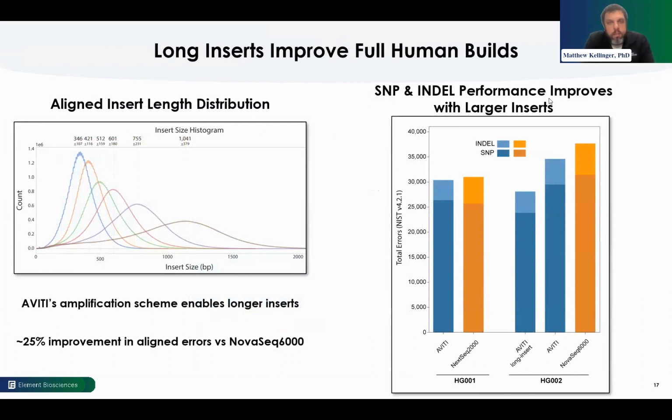I think Sean is going to talk about this in more detail a little bit later on, but another interesting finding on the AVITI platform is we started to study what impact the insert size for the library has on our ability to look at full human builds. The technology that we put into AVITI, specifically how we amplify the DNA on the surface, is very conducive to increasing that insert size. It has less of a bias in terms of selecting for small library fragments over large library fragments. The way this experiment was done was generating libraries of various insert sizes, sequencing them, and then